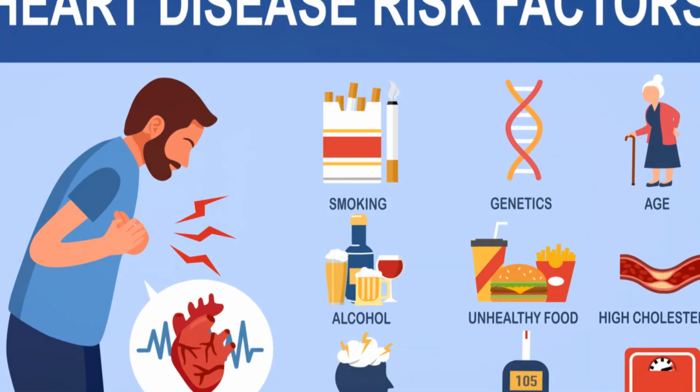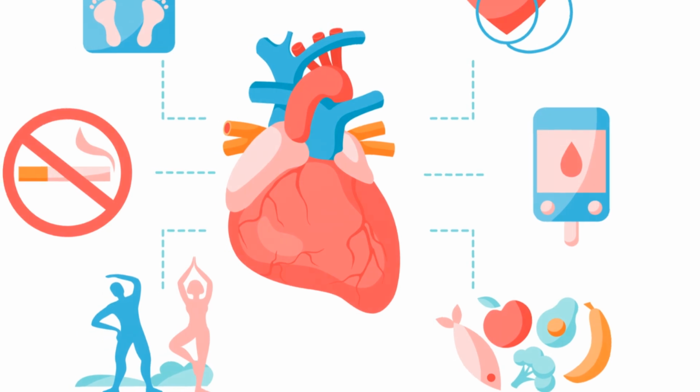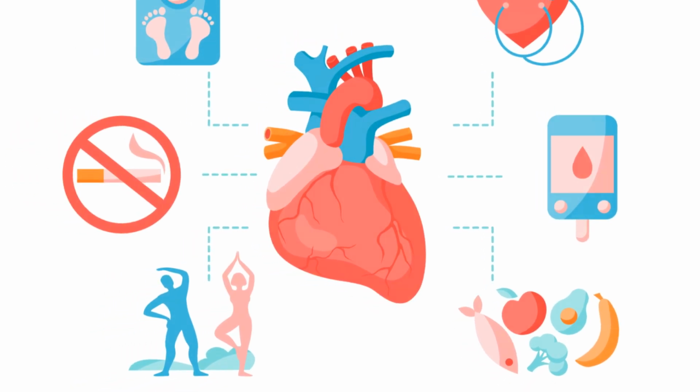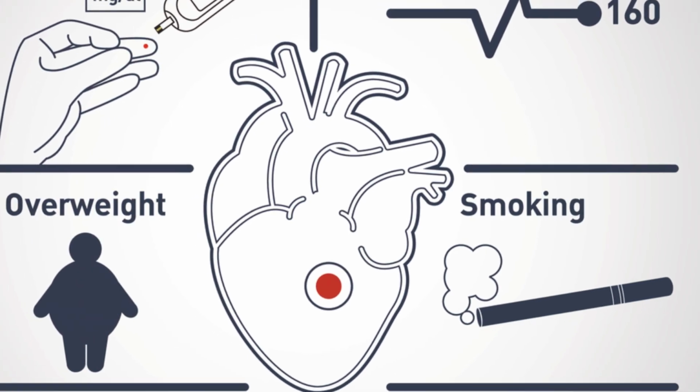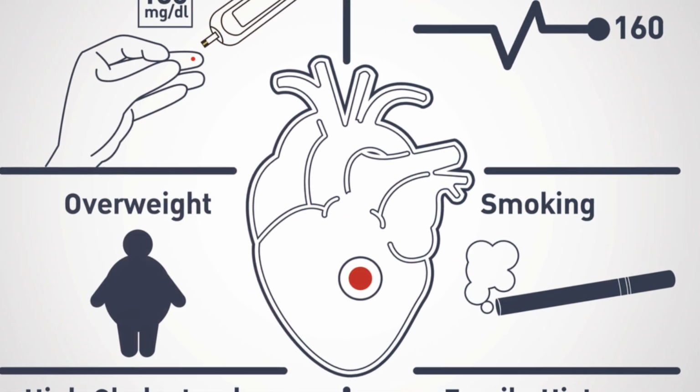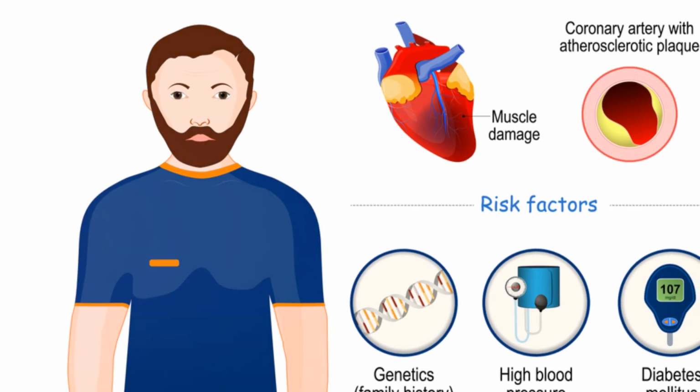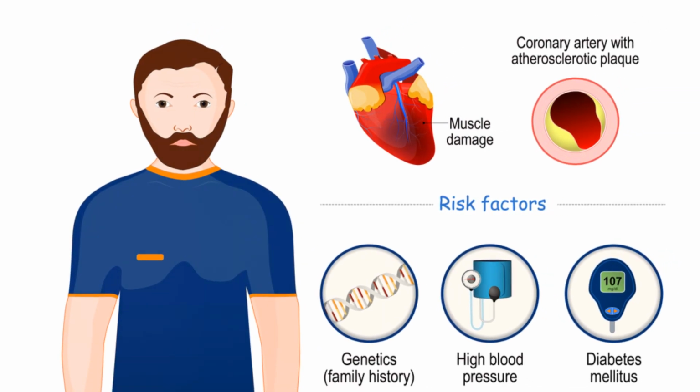Lastly, there's the increased cardiovascular risk. The combination of these factors significantly raises the risk of heart disease and stroke. Robert, a 58-year-old man with multiple components of metabolic syndrome, was informed about his elevated cardiovascular risk.